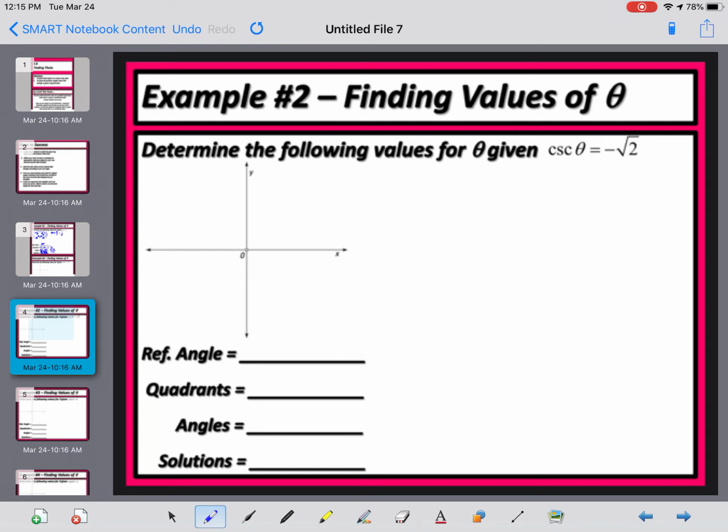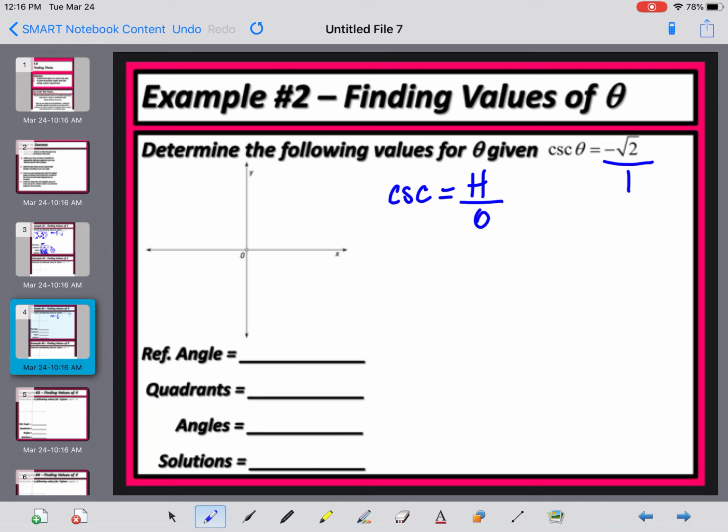Okay, take a look at another one. So now a cosecant. The first thing I want to do is make sure that the exact trig value that they are providing to me is a fraction, so I'm going to put this over 1. And then I need to determine what is the ratio for cosecant. So cosecant is the reciprocal of sine, which makes cosecant